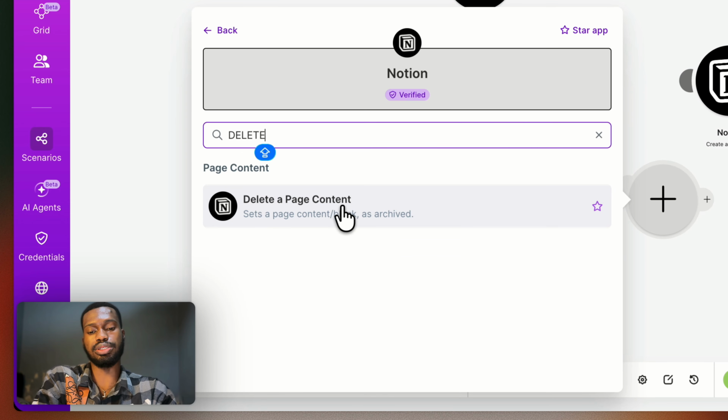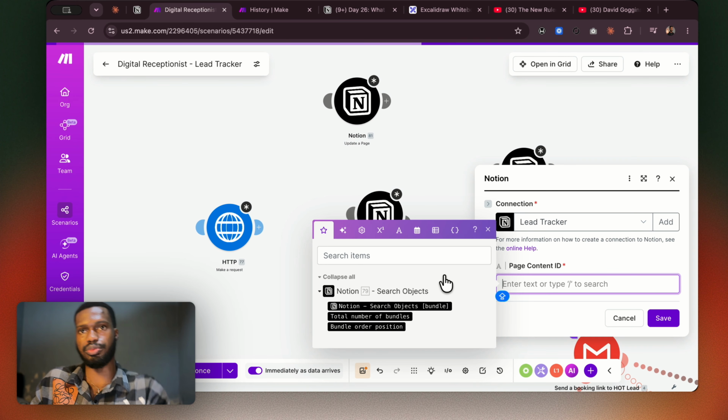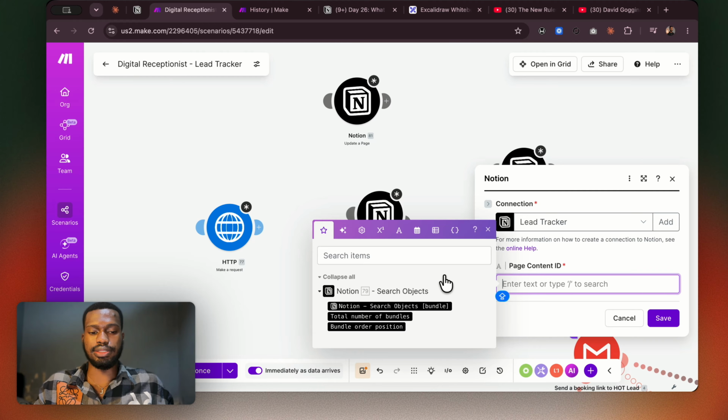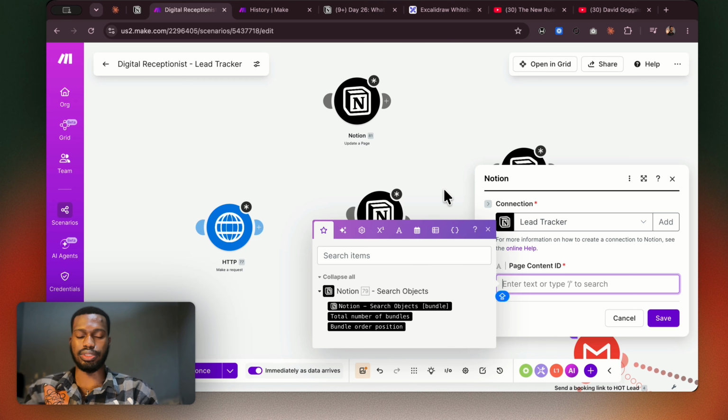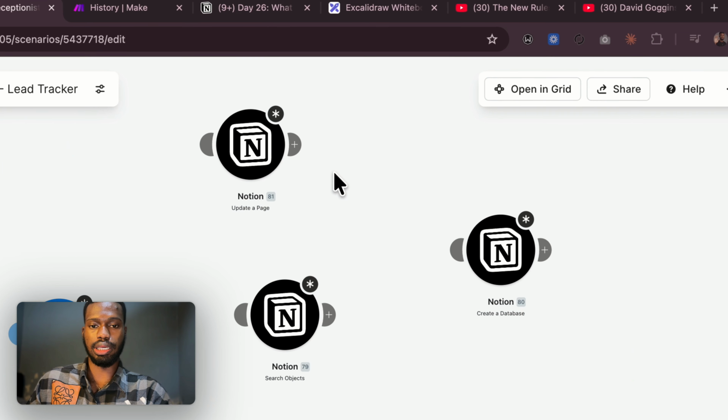Yes, delete a page content. So it takes the ID and it deletes it, basically. So this is like when you're trying to remove a client from being part of your, you can't use content ID though to delete. I believe that there should be a